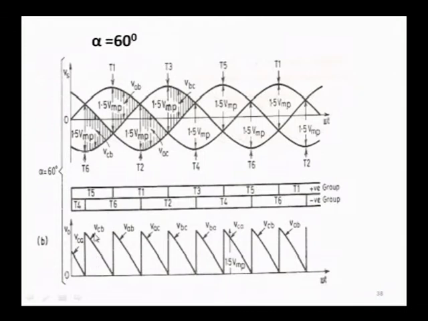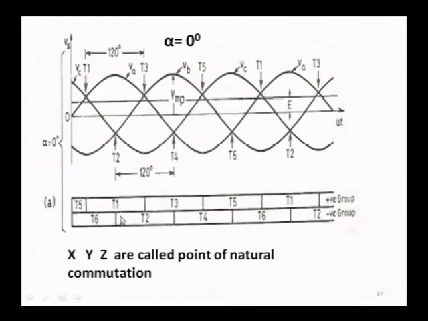You can see the output load waveform like this, VAB, VAC, VBC, VBA like this. So this is the firing sequence, T5, T6, the upper half group. You can see the firing sequence, this and this should match, this and this should match. So don't simply look at it blindly. This is T1, and this is the firing sequence, T1 is triggered at this point. You can see in the earlier waveform, T1 is triggered at this juncture, alpha equal to 0.